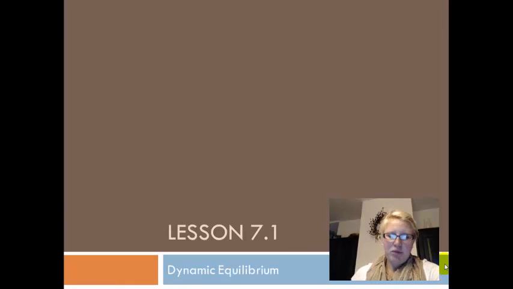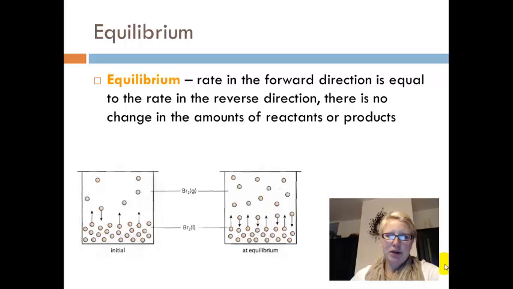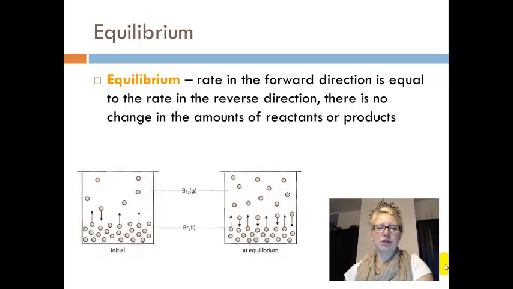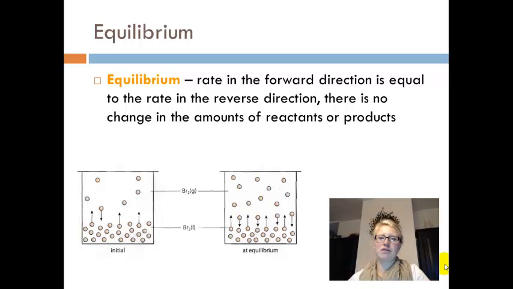This is lesson 7.1, dynamic equilibrium. So the definition of equilibrium is really important. Equilibrium is when the rate in the forward direction for a reaction is equal to the rate in the reverse